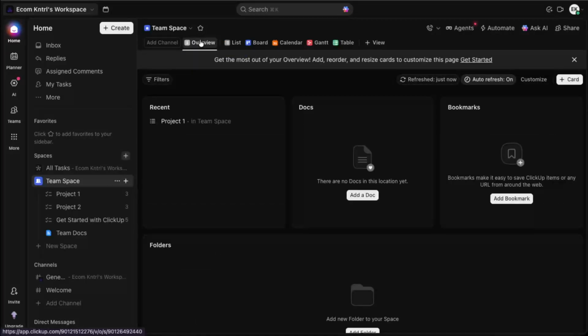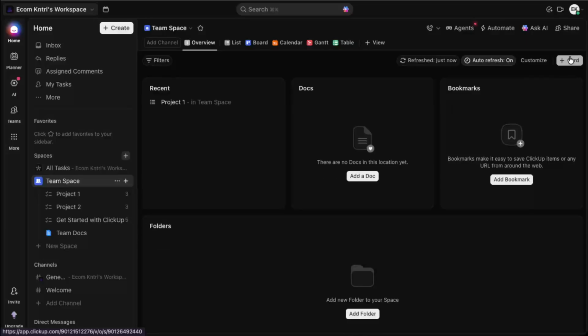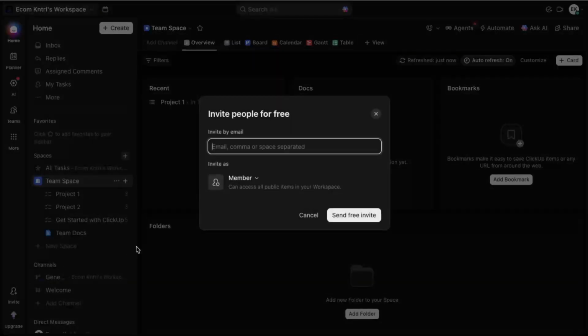This is the main hub where you can see your tasks, notifications, and key views for your work. If you're not already there, you can usually get to the home view from the menu on the left or the top navigation bar. Now, to bring someone new into this workspace, look toward the bottom left corner of your